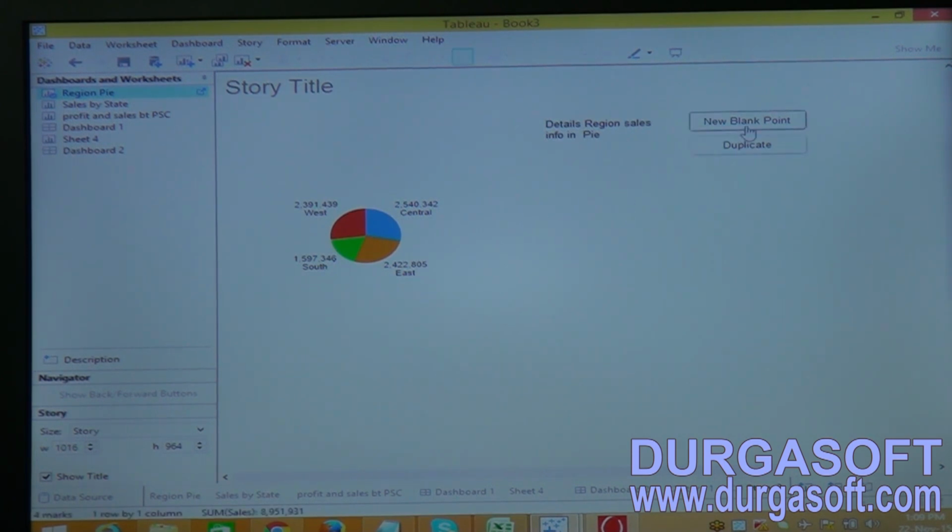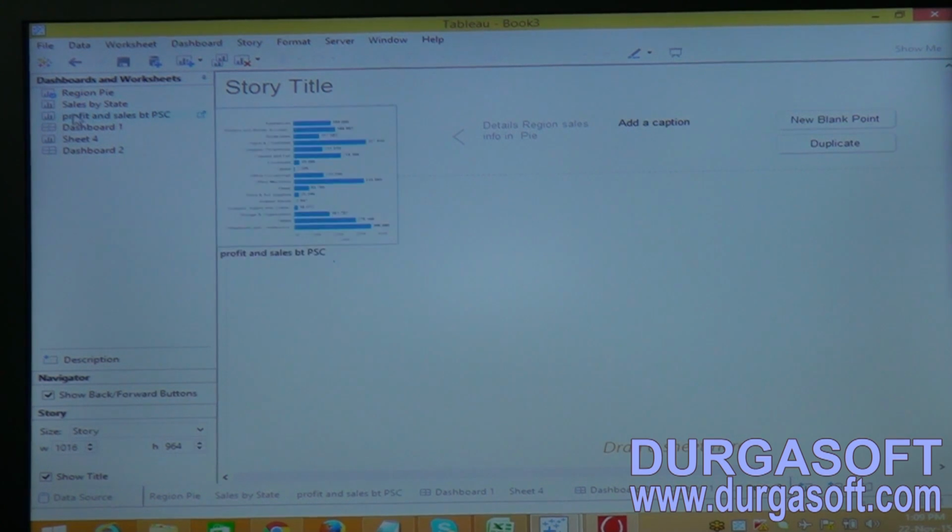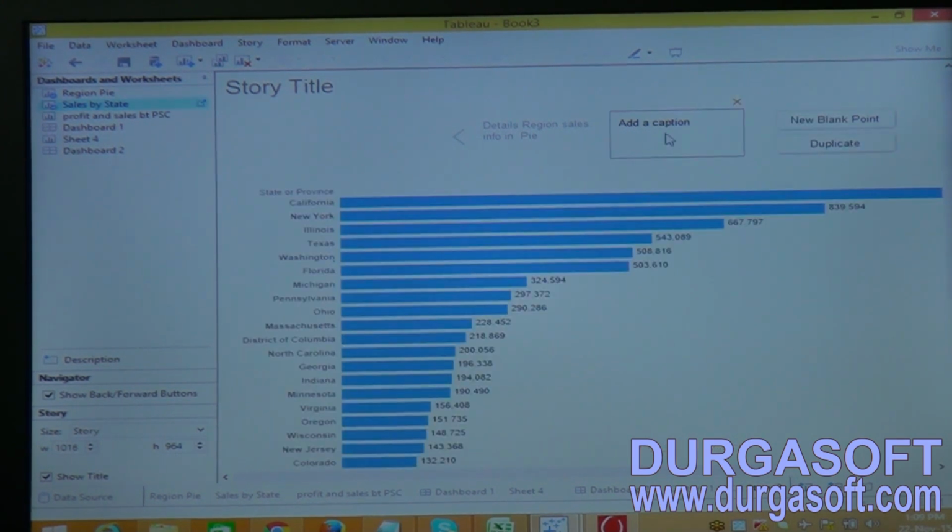In the same manner, if you click on new blank and add one more sheet on this, give the detailed description on this. Okay, detail info about state and sales. So this is the way.